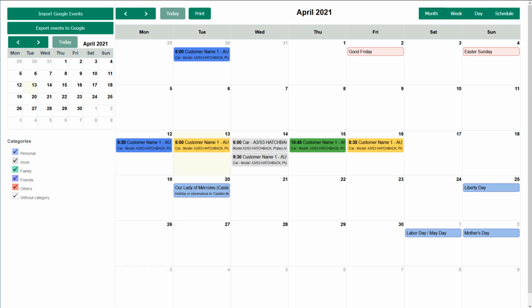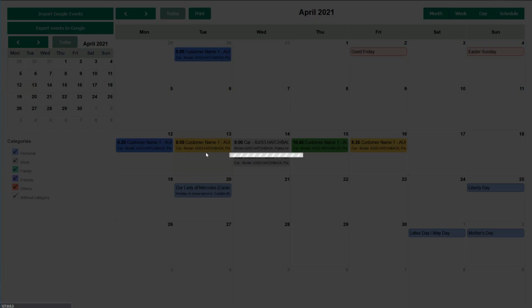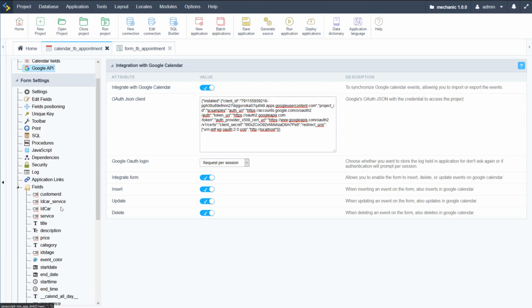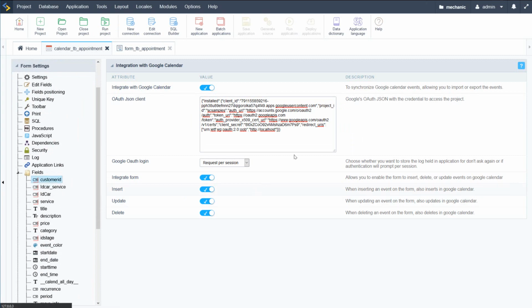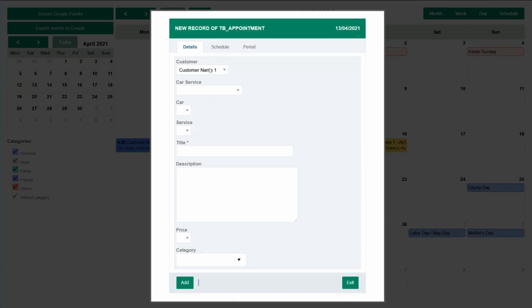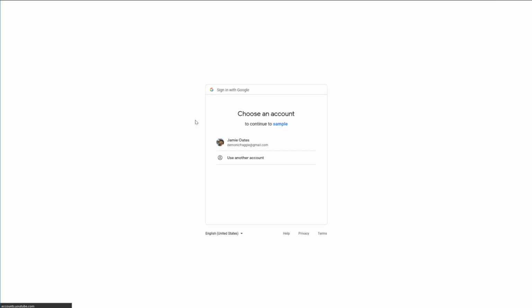Now there are one or two indicators here that we still need to add here to the calendar application. For instance, here I had used a name search. So let's first of all change the customer ID from a drop menu. And here I'm going to select number autocomplete. And now if I run that again, instead of having a drop menu there, as so, we will be forcing